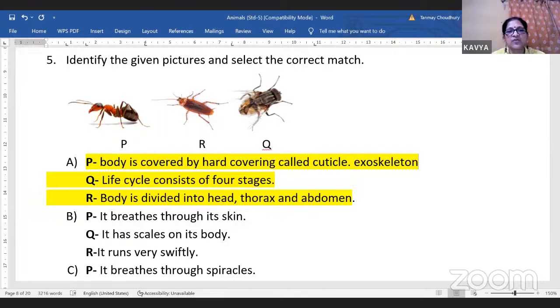Life cycle consists of 4 stages. Like all insects, the life cycle of a housefly consists of 4 stages. That is the adult, then the egg, then the larva, and then the adult again. Body is divided into head, thorax, and abdomen. So this is in all the insects, and cockroach is an insect. So this is correct. So this answer will be the correct answer, the correct match,